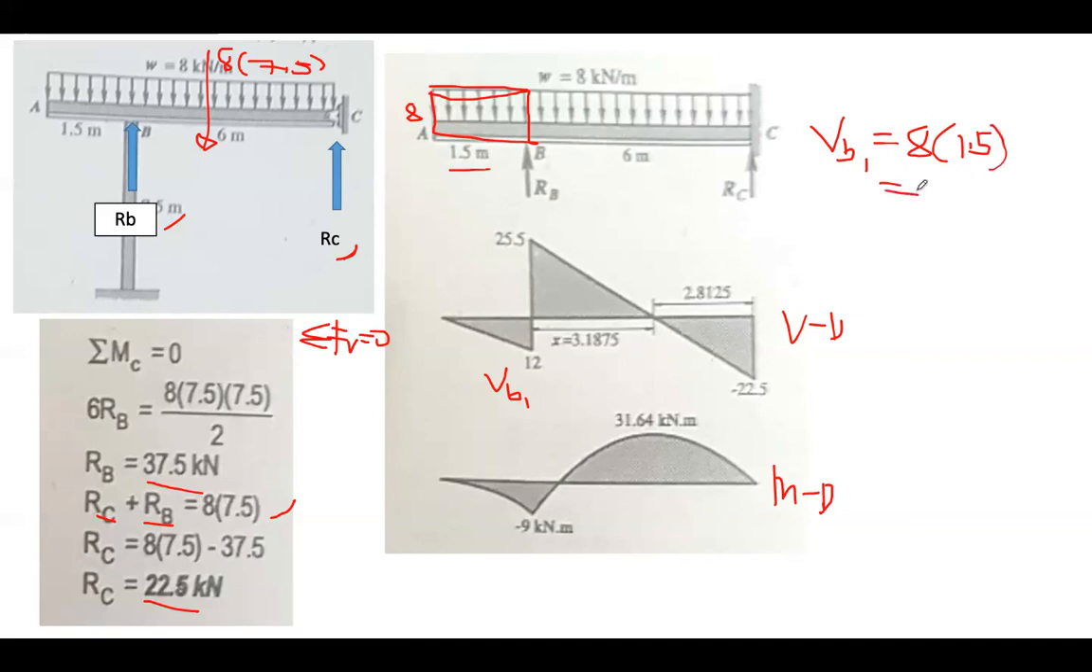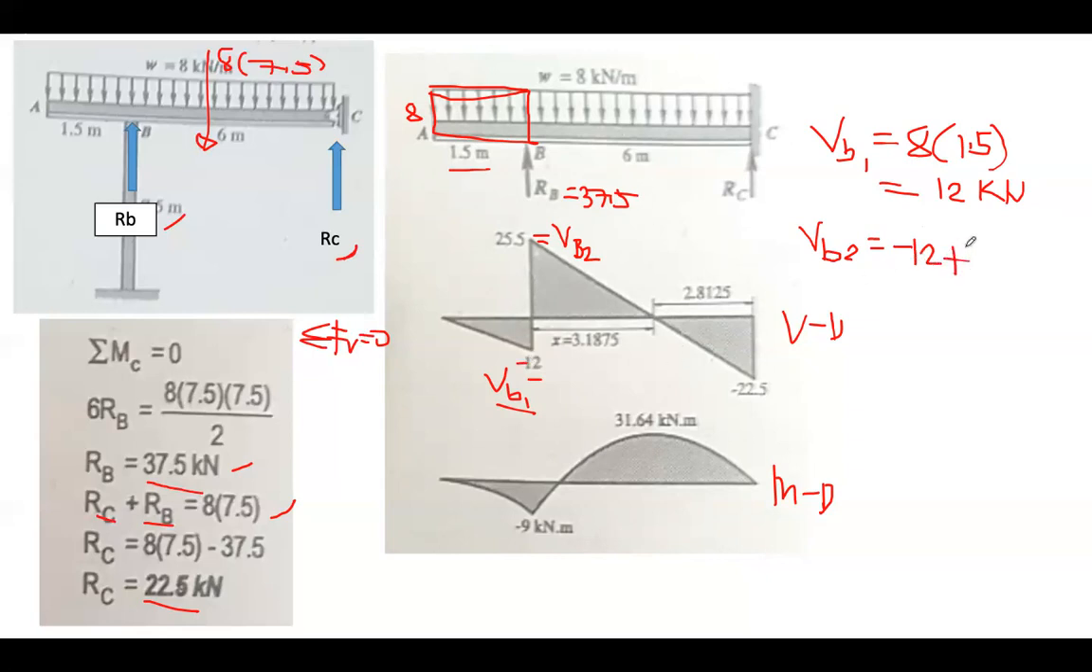Okay, so 8 times 1.5 is just equal to 12. 8 is in kilonewton per meter, 1.5 is in meter, so this one is 12 kilonewton. Since we already calculated that RB is equal to 37.5, let's say this is VB2. VB2 is just equal to 12, which is negative because it's down. I could write it here, negative 12 plus